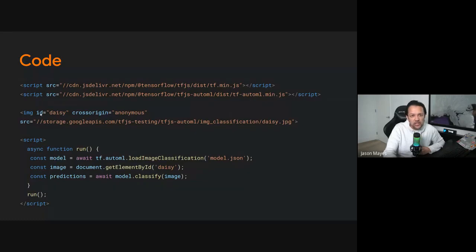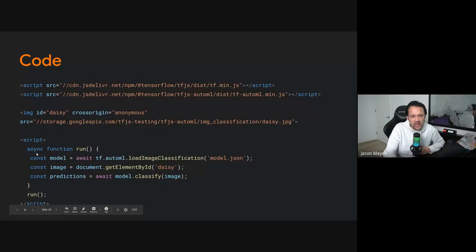We've now got an image tag for a new flower that we want to classify. In this case, it's a daisy.jpg, as you can see here. I've given it an ID of daisy in the DOM. And this is just a regular image from the internet, nothing fancy about this. This is something new that the machine learning model has not seen before. And then here, we want to now do the actual work.